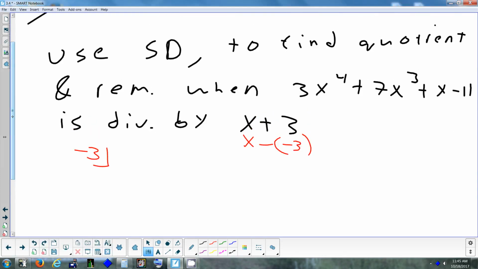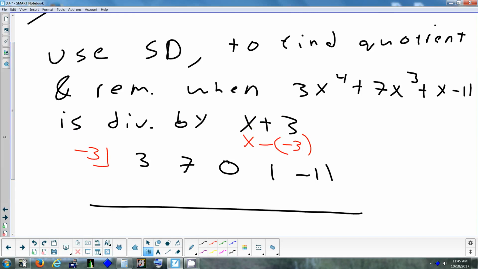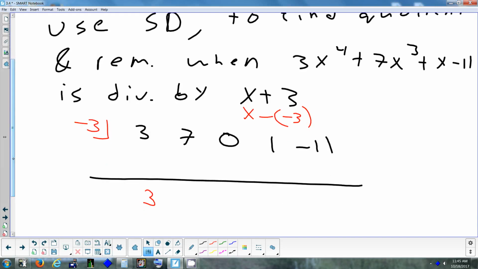So first thing you want to remember is you're missing which term? The squared and just the squared. Just the squared. So we got 3, 7, 0, that's important, and then 1, negative 11. Okay. Step 1, bring down your 3. -9. Now multiply negative 3 times 3, as Evan just said, negative 9. -2. 7 plus negative 9, negative 2. Now do it again. 6. Negative 3 times negative 2 is